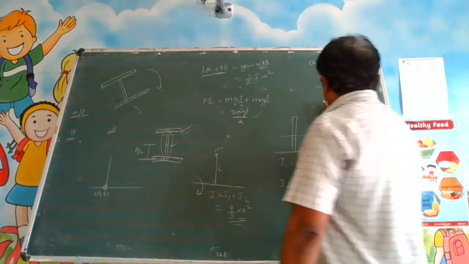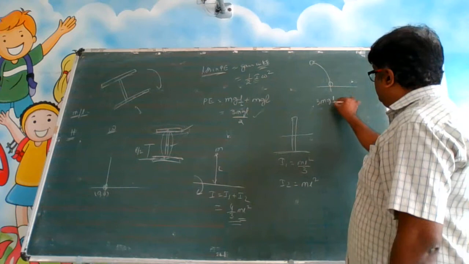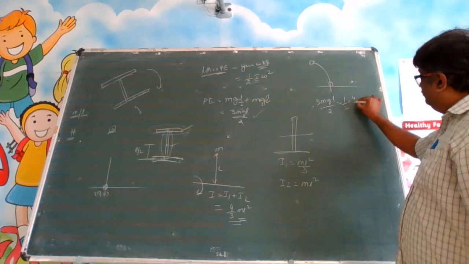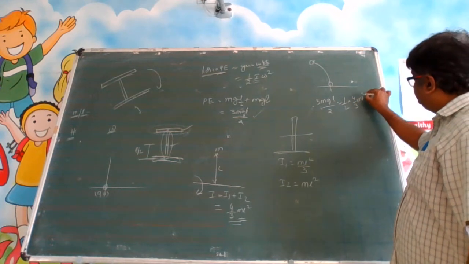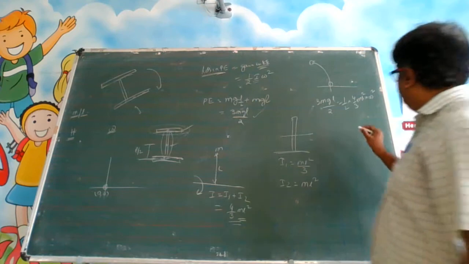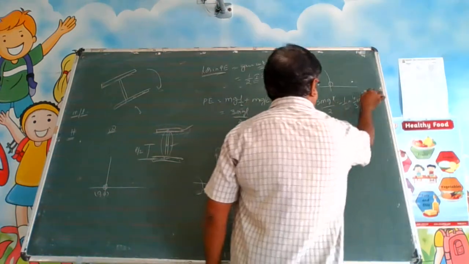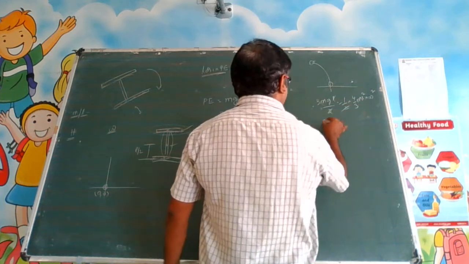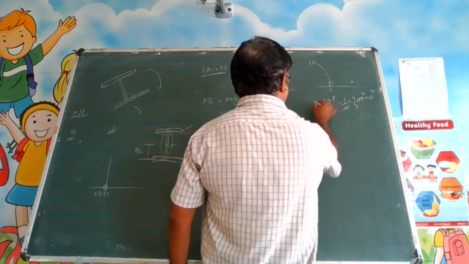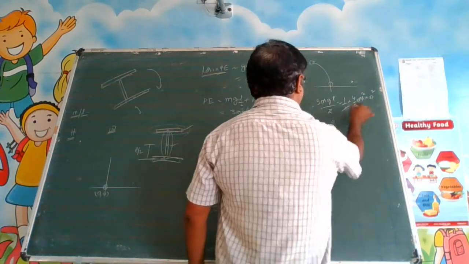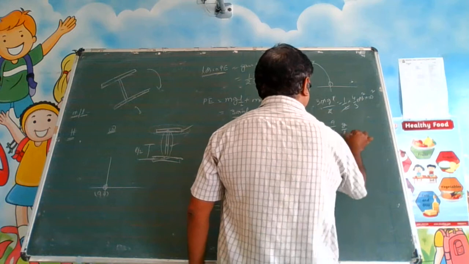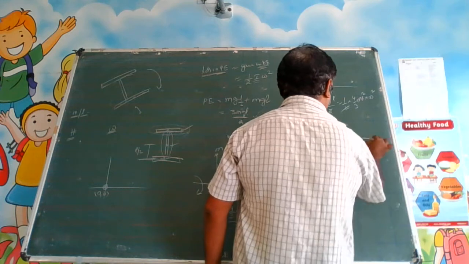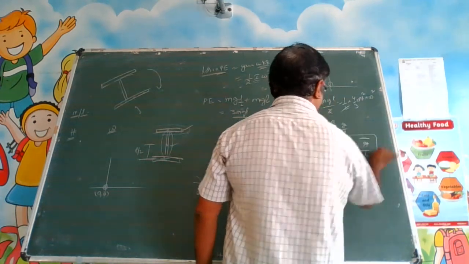Now equate these two. So loss in potential energy is 3 mg L by 2, is equal to half I omega square. I is how much? 4 by 3 ml square into omega square. Cancel the common terms. L cancels, m cancels. The 2 cancels. So this becomes 3 is 9, 9 by 4. M is cancelled. So g by L is omega square. So what is omega? It is 3 by 2 root over g by L.